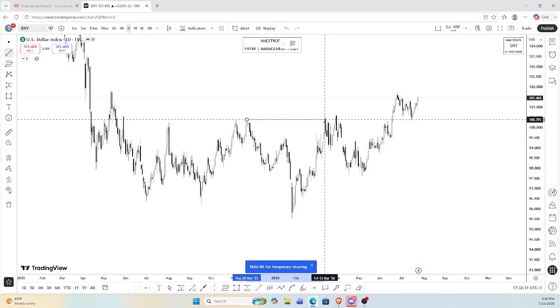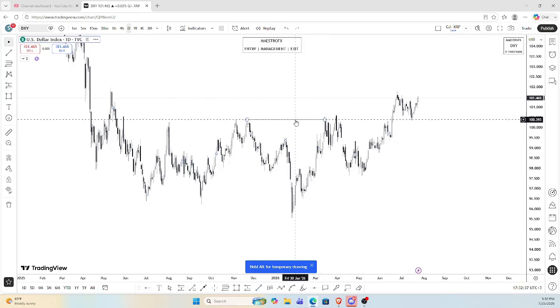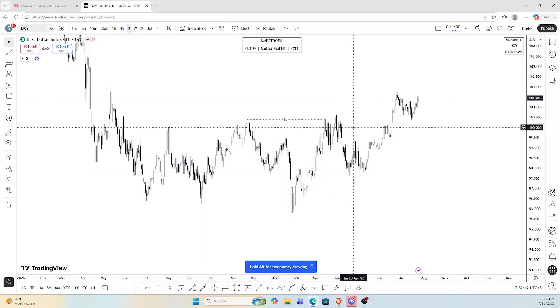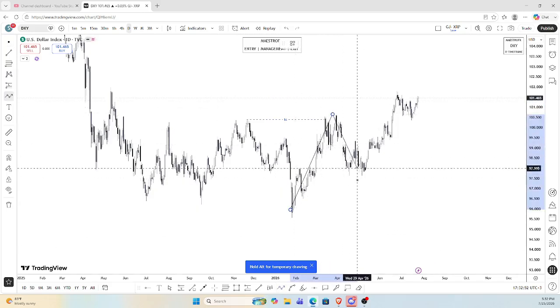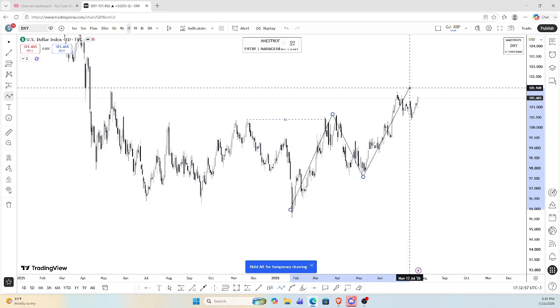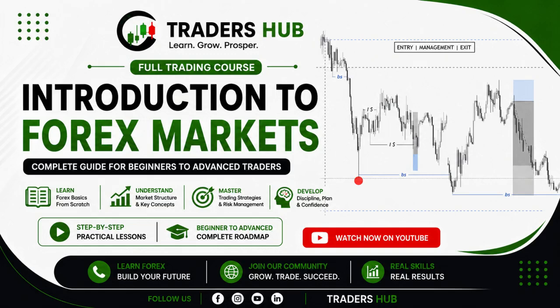We had this break of structure, and following that break of structure we had a good retracement to the discounted zone, and from there you can see the price rallied and broke the structure again. So we are going to label this as another break of structure,